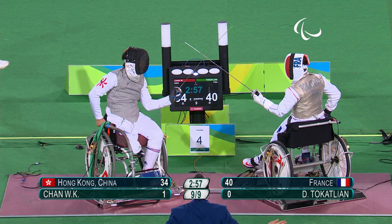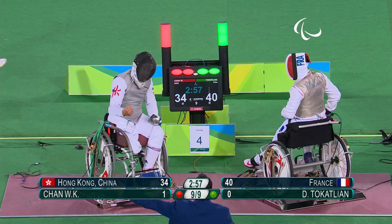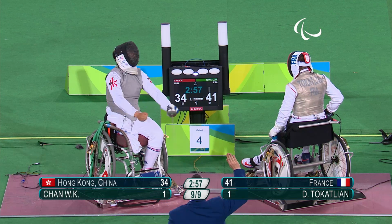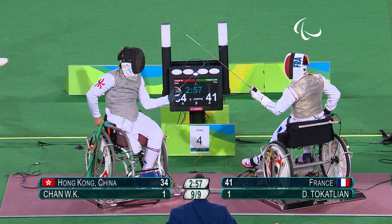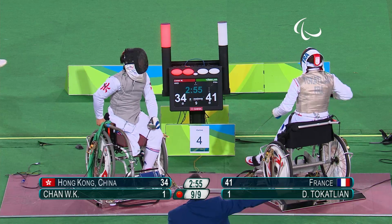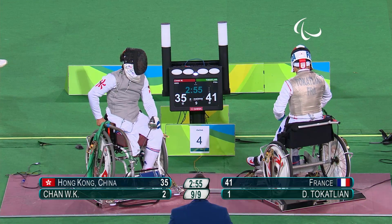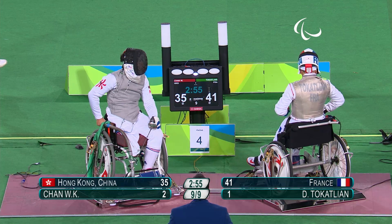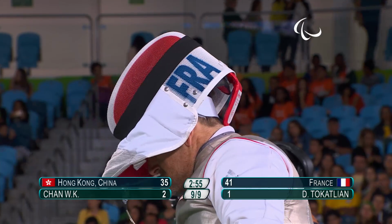TOKATLIAN with a cushion still, but he won't want to let that slip away. And soon getting his first point on will help him stay relaxed. And another one back there from Chan. Chan Winkin is not going to make this easy for TOKATLIAN,